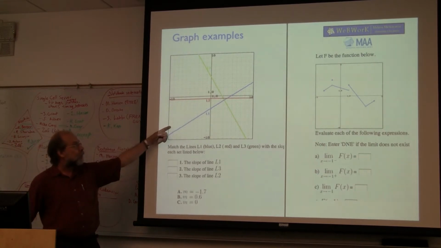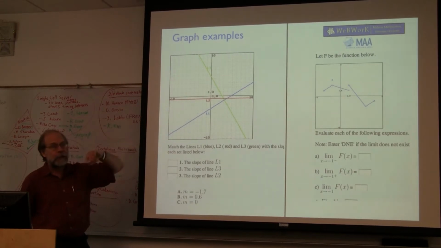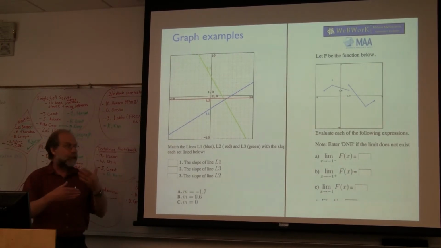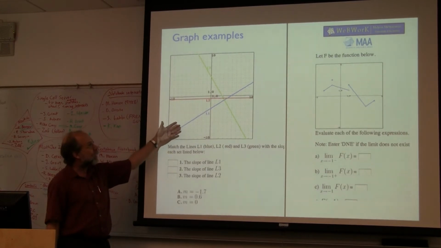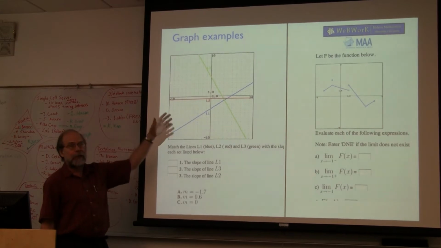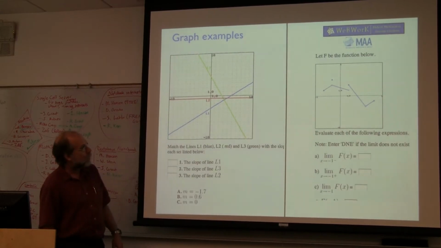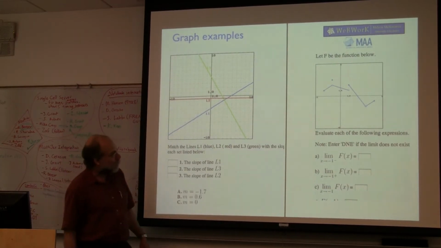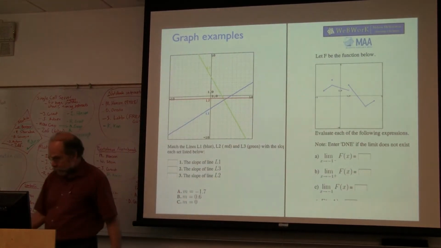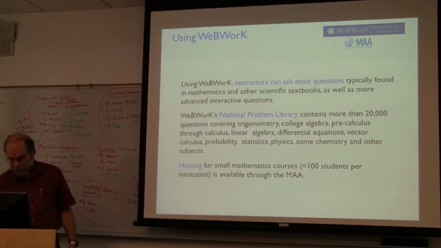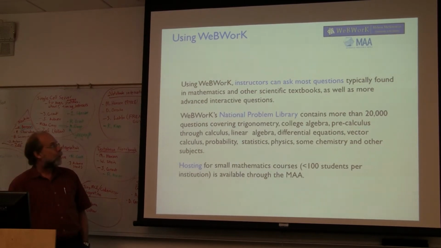These graphs are actually calculated on the fly. So as I said, these things are different for each student, and so they have different coefficients for what the graphs look like, and little PNG figures are made on the fly and served, one different for each student. Here's one in which you're checking to see what the limits are like. Things like that. Okay, so a little bit more just on the instructional thing.